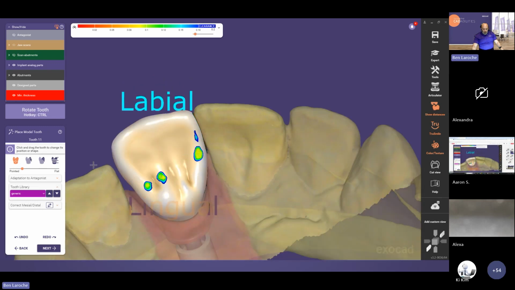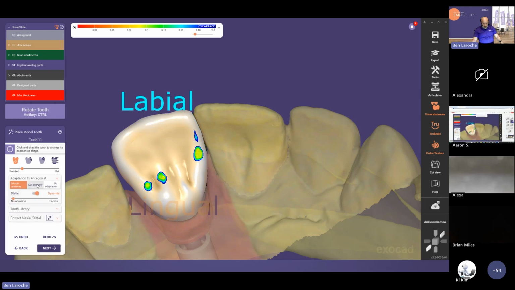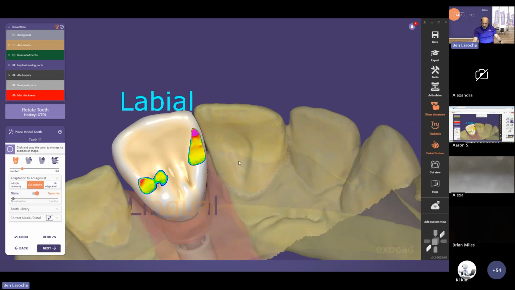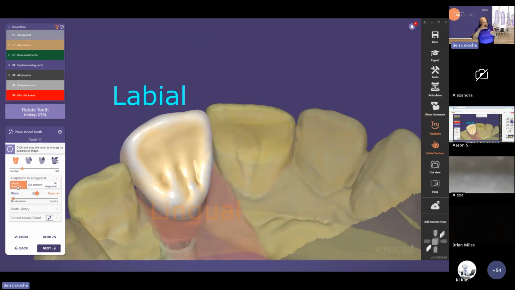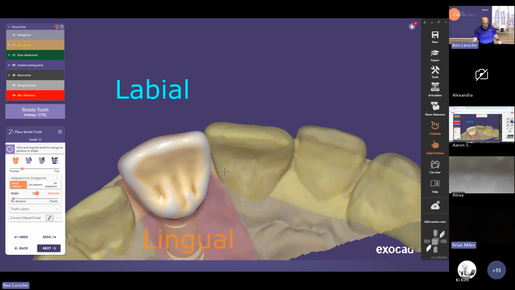Now, if I want wear facets instead of how it's adapting right now, I have two different options. So if I do cut anatomy, it's going to create wear facets. I can hide the show distance here. So you can see it actually cuts away that, or I can say morph anatomy, where it will try and keep the proportions of the tooth normal, but move it out of occlusion. So if I hit next here,